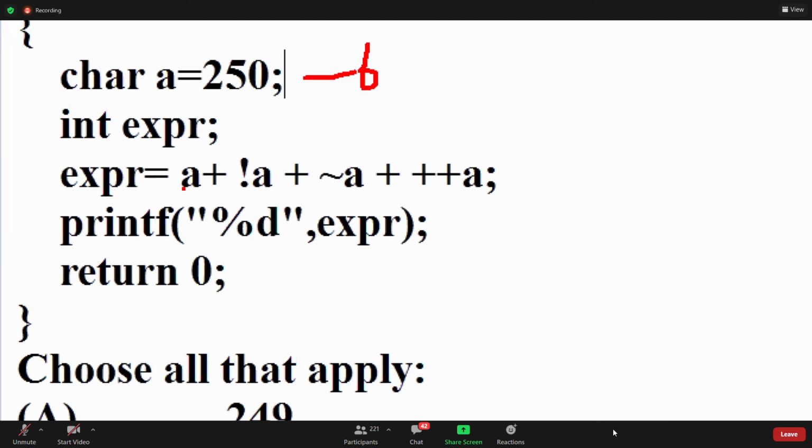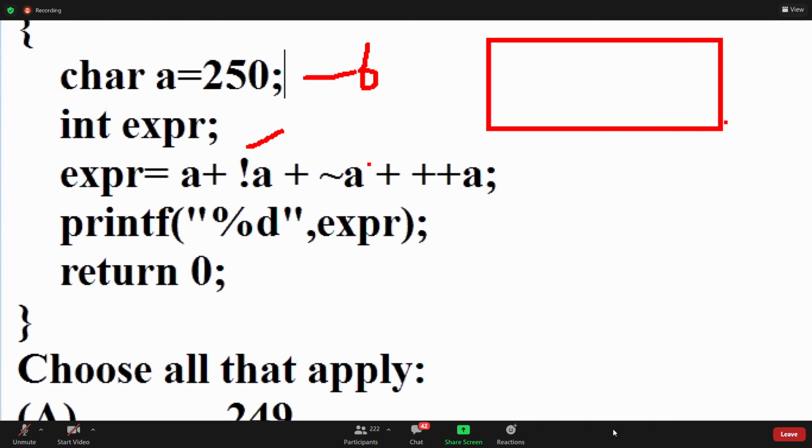Now, in each position, the a value will be changed, guys. All are at the same time. Yes or no? Precedence is for bitwise operators. These all are binary operators. Unary operators will always execute first. First this one, 0 anyway. Negation of a won't change the value of a. Minus 6. Are you following, guys? First plus plus a will increment.